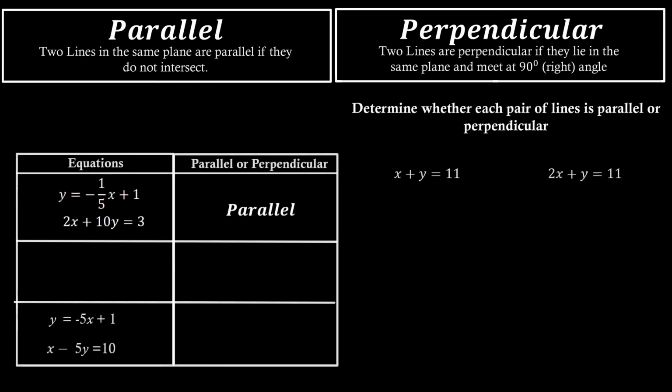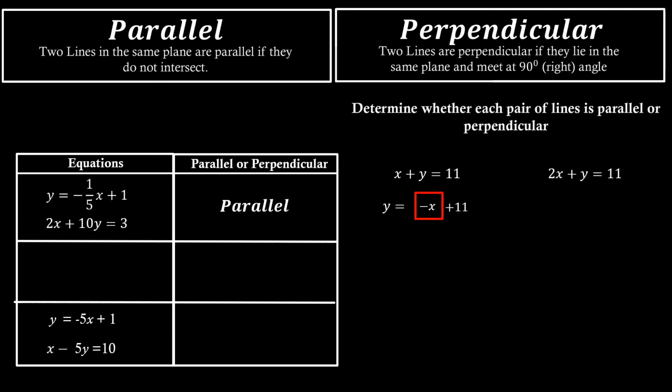Next, we have x plus y equals 11 and 2x plus y equals 11. So for the first equation, we can subtract x from both sides to get y equals -x plus 11. With this, we can say that the slope is -1. For the second equation, we can subtract 2x from both sides to get y equals -2x plus 11. -2 is the slope. Now, if we compare the two slopes, we can say that the equations are neither parallel